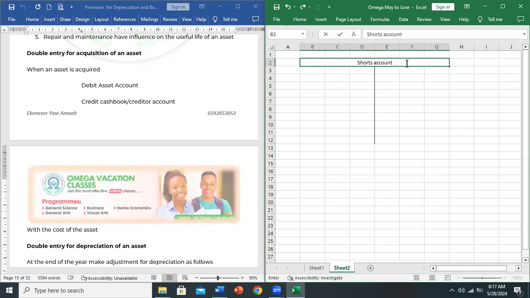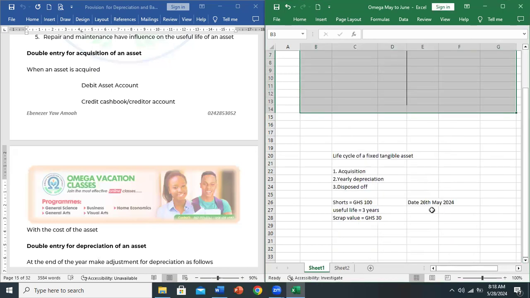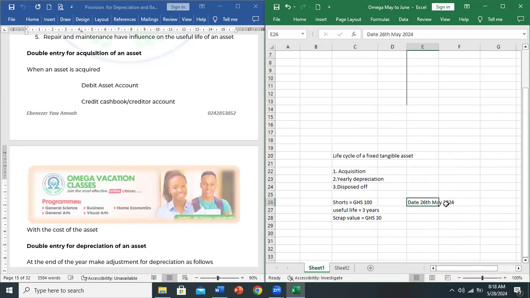Then you also realize that every year you have to depreciate the asset. Okay, but we are going to get to that point of depreciation. And I think I'll ask Mami the rate at which she wants to depreciate it and the method she wants to use. Now, if we open the shorts account, the first thing we have to do is to record the transaction regarding when we acquired the shorts. So if you look at the information here, the shorts was bought on the 26th of May 2024